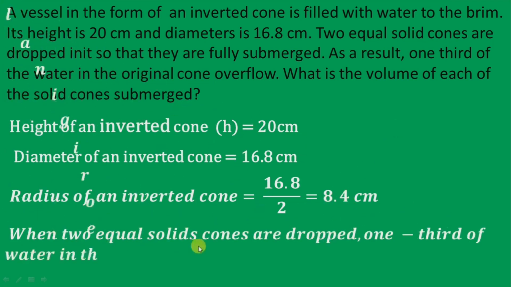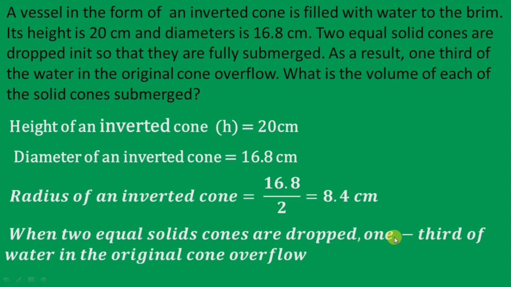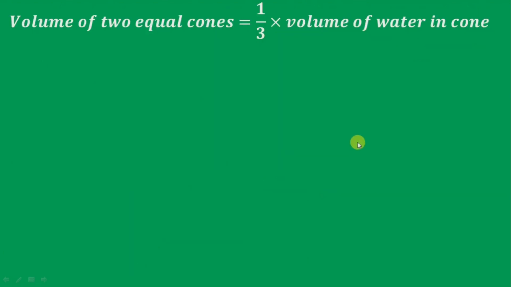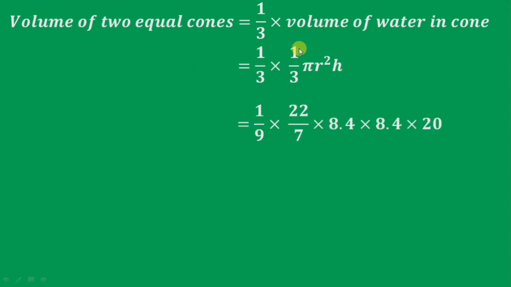When two equal solid cones are dropped, 1/3 of water in the original cone overflows. So from Archimedes principle, volume of two equal cones is equal to 1/3 into volume of water in cone, which is equal to 1/3 into 1/3 pi r square h. This is the formula for the volume of cone. So 1 by 3 into 3 is 9, into pi means 22 by 7, into 8.4 into 8.4 into 20,